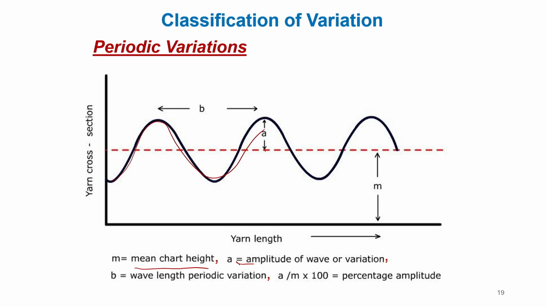Okay. This is A, the maximum variability, and B is the wavelength. So, the repeat length is B, and A by M is the percent amplitude. Okay. So, that way we express the periodic variation,